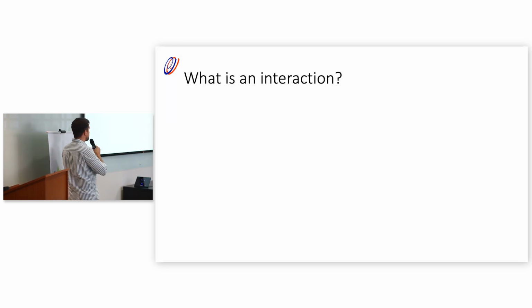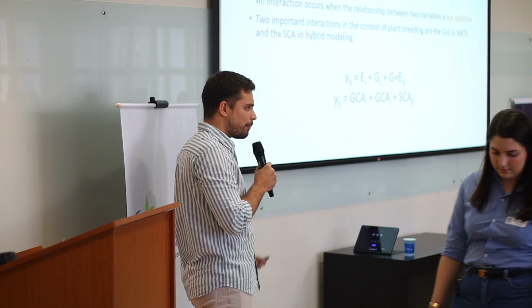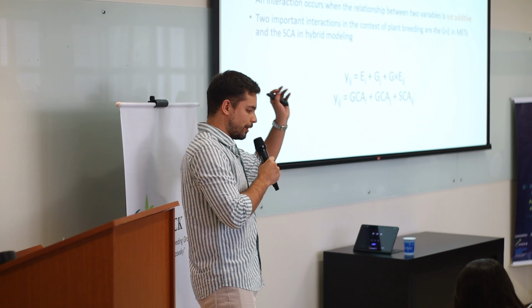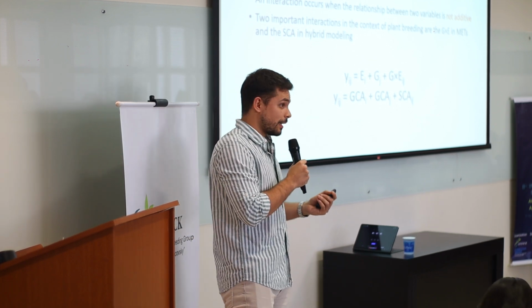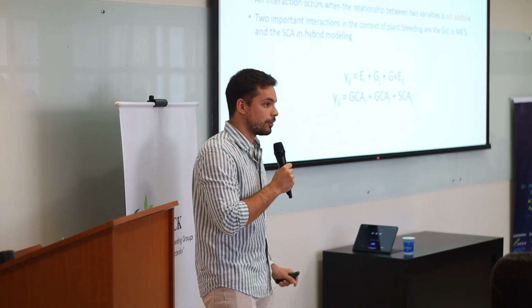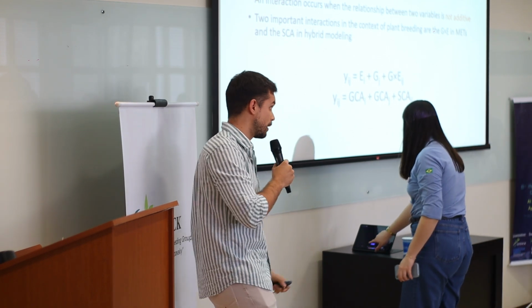First of all, this is something that Diego likes to ask his qualifying students. What's an interaction? It's something that we are always saying, but if we have to define it, that's interesting. So I like to define an interaction as a situation in which the effect of one variable on an outcome, or a variable that we want to target, depends on a third variable. And this happens because the relation between the variable and the outcome is not linear, it's not additive. We need a third variable interacting with it.